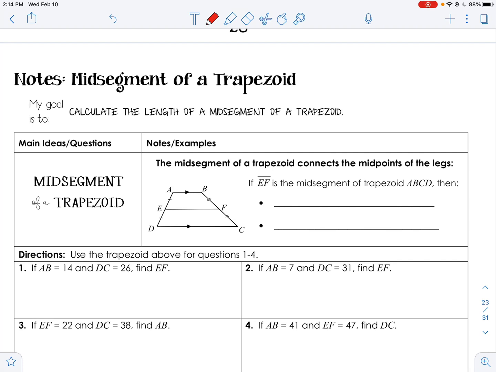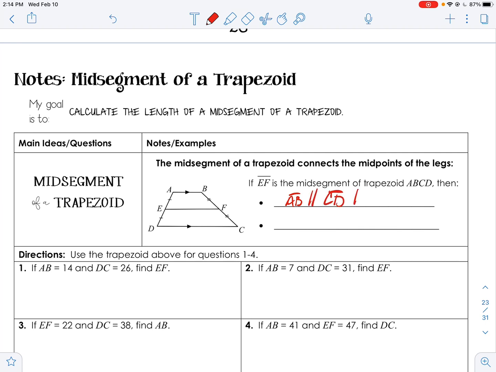Little mid piece. We're going to talk about the mid segment of a trapezoid. We're going to be able to calculate the length of a mid segment. The mid segment of a trapezoid, mid's in the middle, segment is a line piece. The mid segment of a trapezoid connects the midpoints, there's the mid part, of the legs. If EF is the mid segment of a trapezoid, then